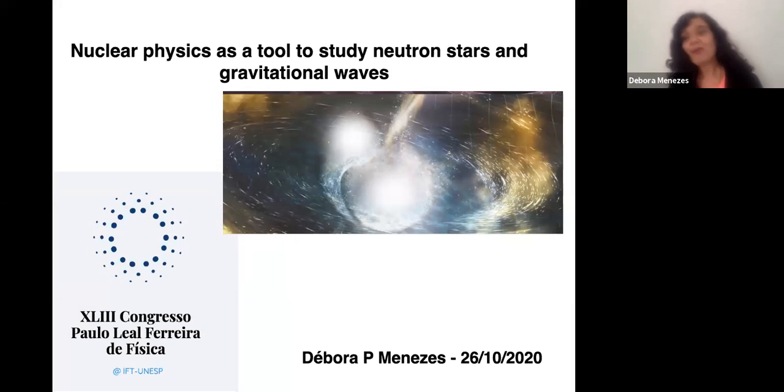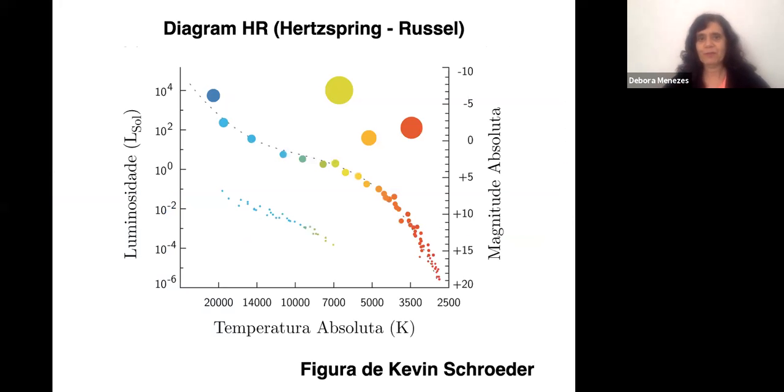So first of all, I'd like to thank the organizers of the event for this nice invitation. And I'm going to talk a little bit about nuclear physics as a tool to study and understand neutron stars and gravitational waves. So I will start with this diagram that was proposed by Hertzsprung-Russell, and it shows the luminosity